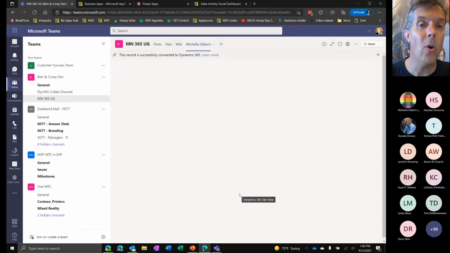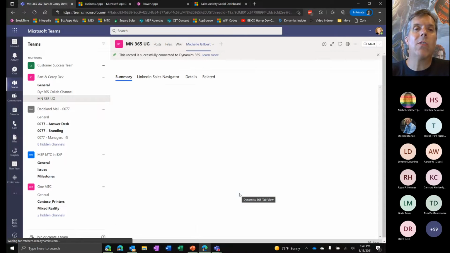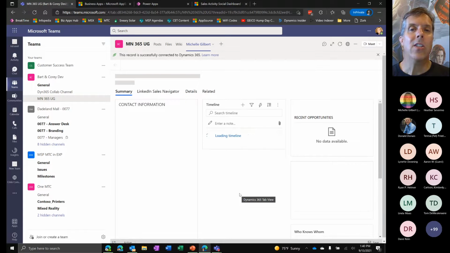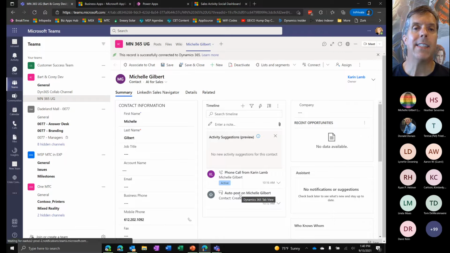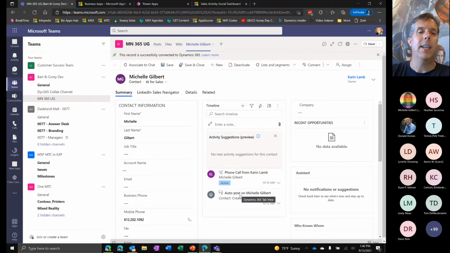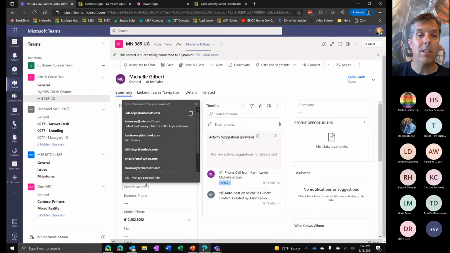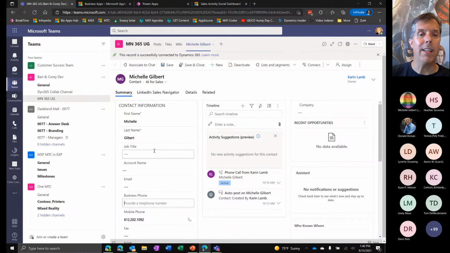It's going to show the record in an interactive state, and under the covers it's also doing all the other back-end server-to-server plumbing needed for all the collaboration, like the file sharing and the ability to do chats around this record and all those kinds of things. You can see you've got a fairly rich experience here now, in that I'm able to come in and quickly add data here. I'm not actually going to type because I'm not a great typist on the fly, but I could put Michelle's job title and change other data around on her record.